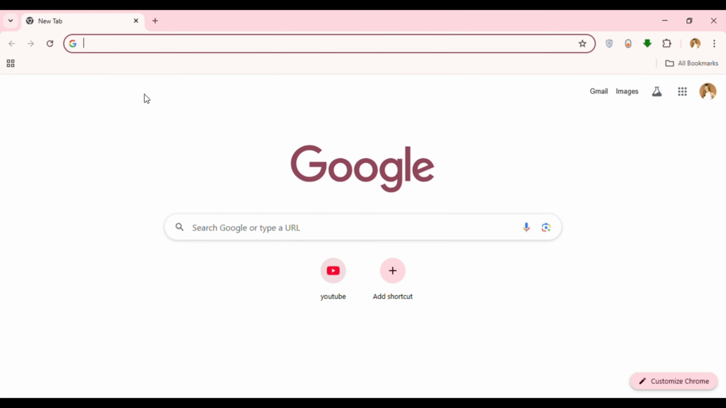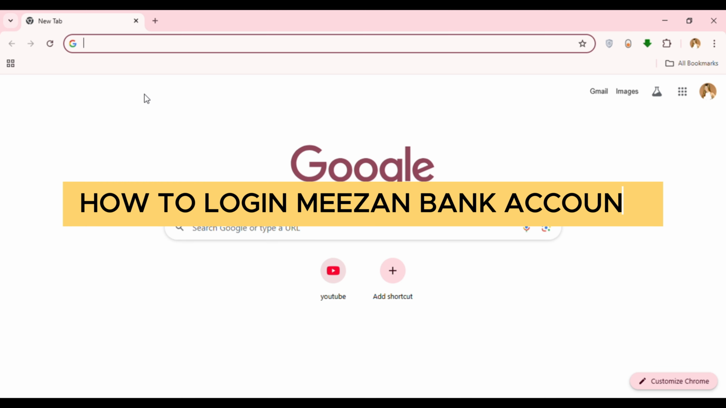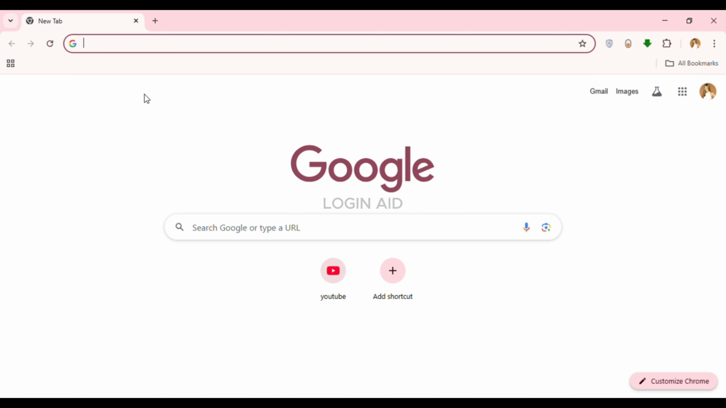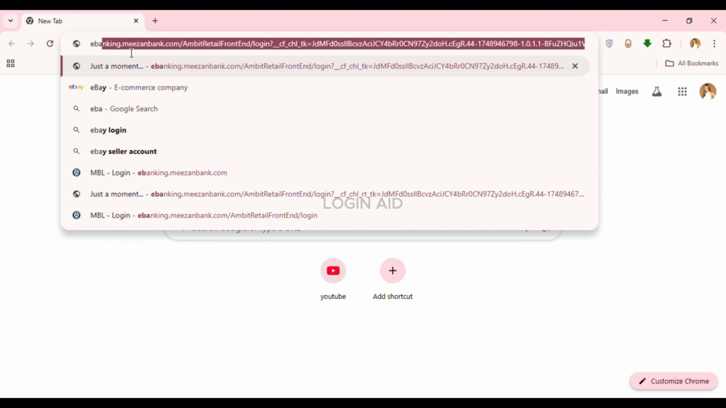In this guide video, I will show you how to log in to a Meezan Bank account. So first of all, launch any browser of your choice. You can see over here I've opened Google Chrome. Now click on the search bar. Now type in